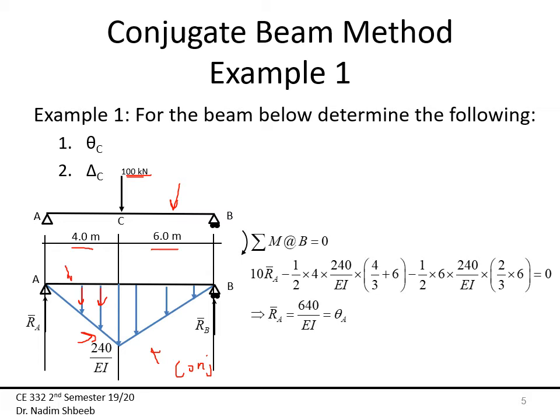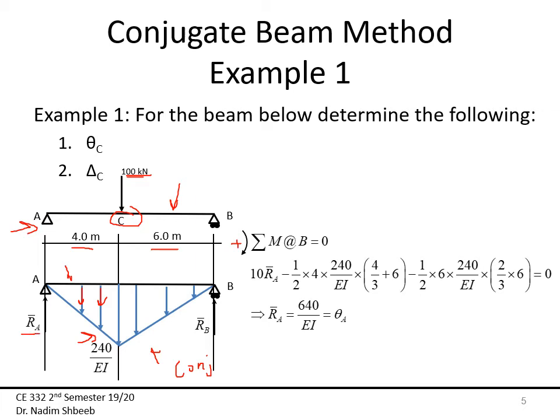So now, as you hear, I really don't need to find the reaction. No need to find the reaction for the real beam at all, since I was able to draw my moment diagram. So now I'm going to find the reaction for the conjugate beam, because I'm going to need that to find what he's asking me, which is my theta C and delta C. So here, first I'm going to take the summation of moment about B is equal to 0. Then RA, which is this one,